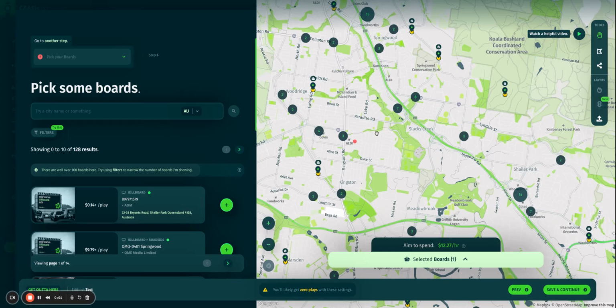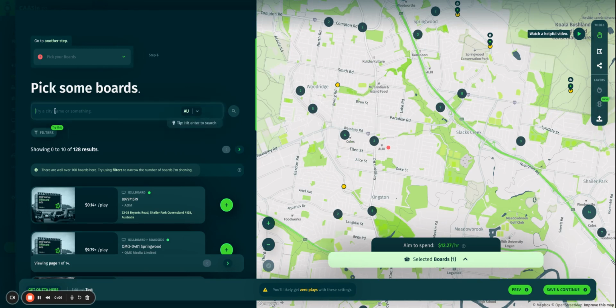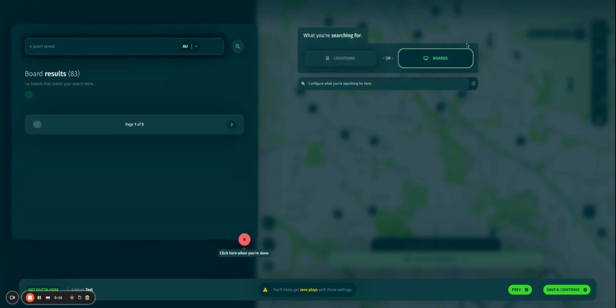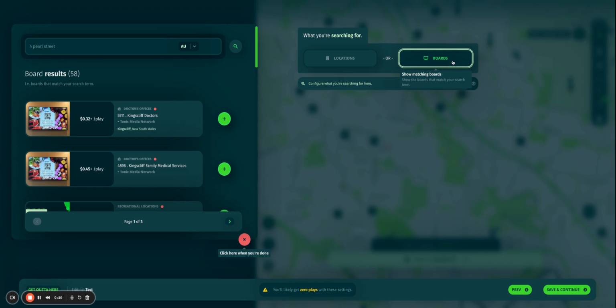The search functionality on CAASie is pretty simple. When you're on the map, just type in the address that you're looking for. Say, for example, I'm going to type in 4 Pearl Street and hit enter. It'll ask me to choose whether I'm looking for a location or whether I'm looking for a